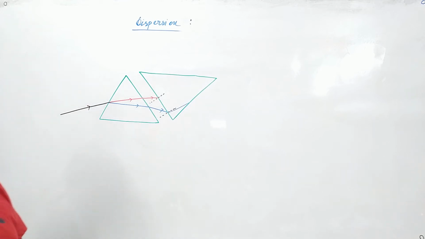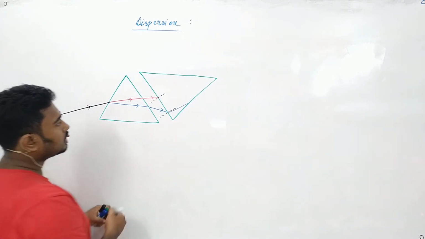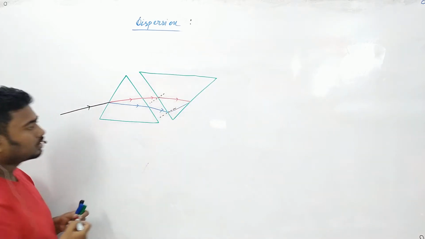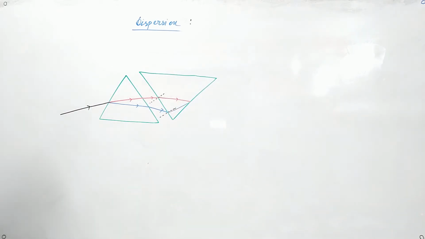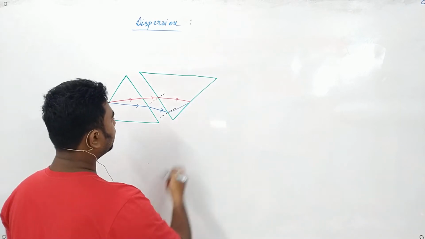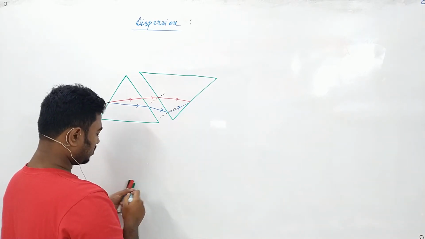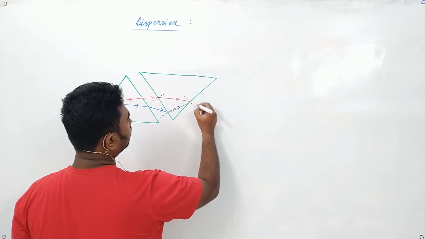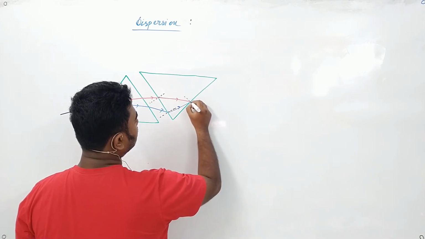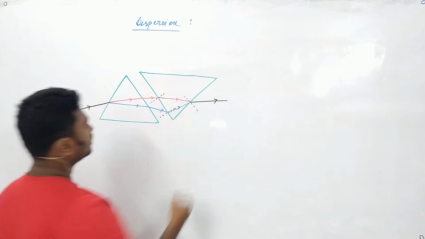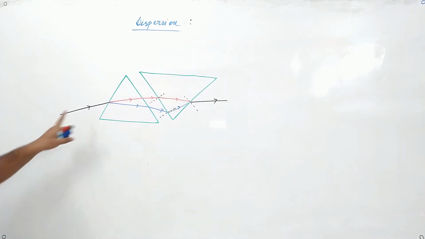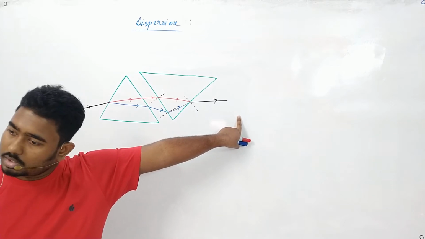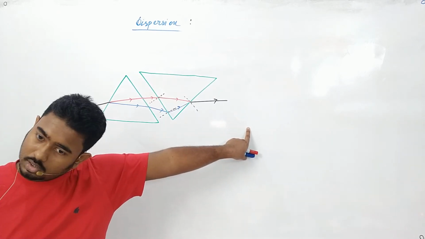they will refract in such a way that after refraction they will meet at a point. After meeting at this point they will go back. If you draw a normal, they will go back in this direction, such that this ray and this ray will be parallel to each other. You understood it clearly? Is that clear? Completely clear?